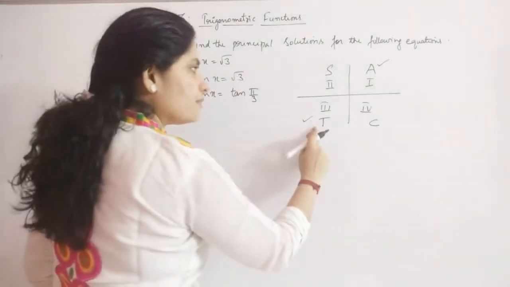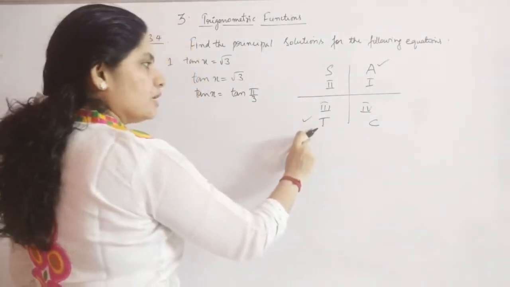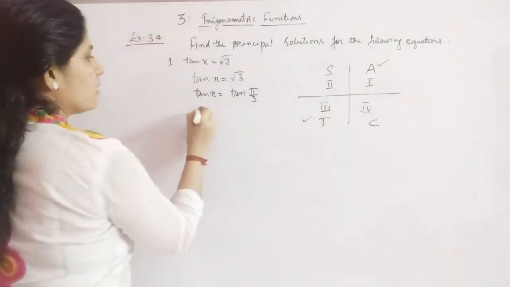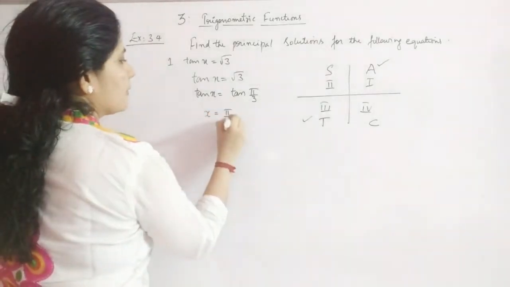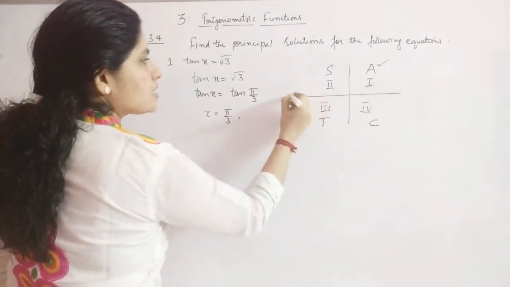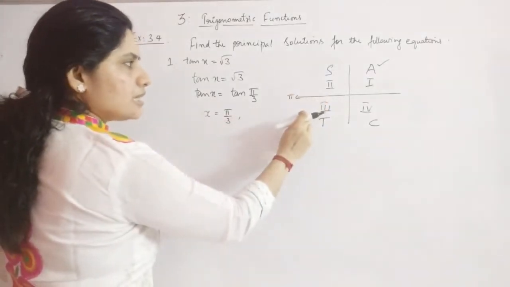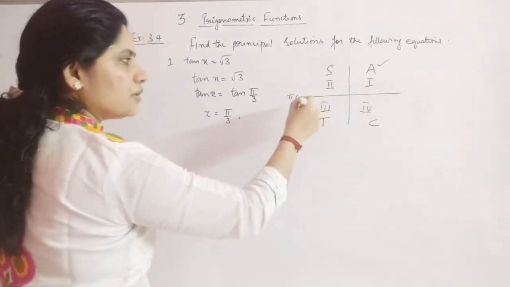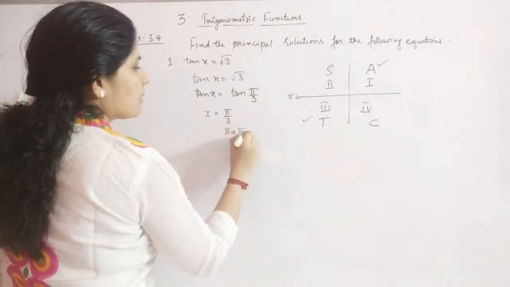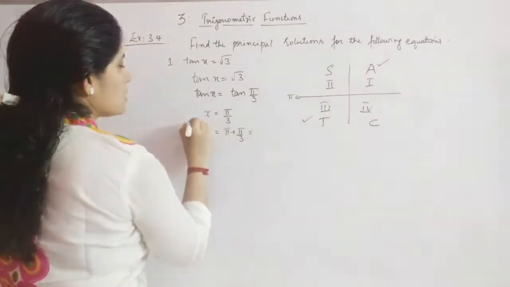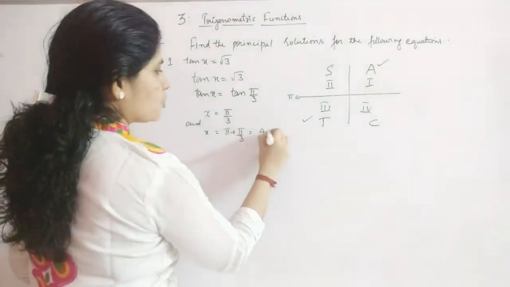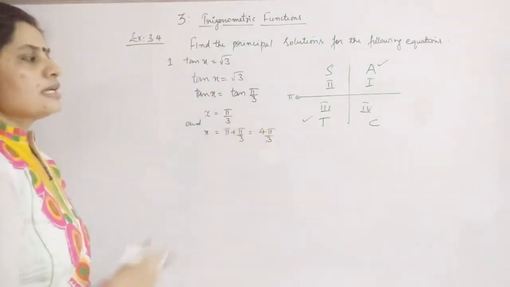Now you have to go for another value which gives you positive, that is in your third quadrant. And how will you find out the value for the third quadrant? Okay, so one value for x is pi by 3. The next value will be, till this point it is pi. So same 60 in the third quadrant will be in the form pi plus pi by 3. Okay, so the next value will be pi plus pi by 3. And what is pi plus pi by 3? It will be 3 plus 1, you will get 4 pi by 3. So the two values. Why we are stopping here?